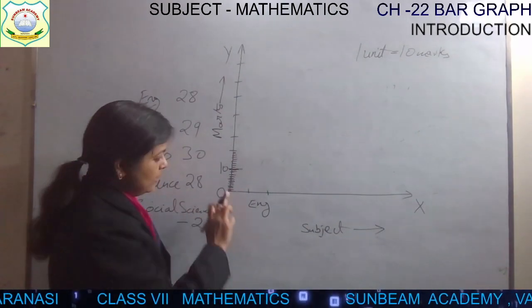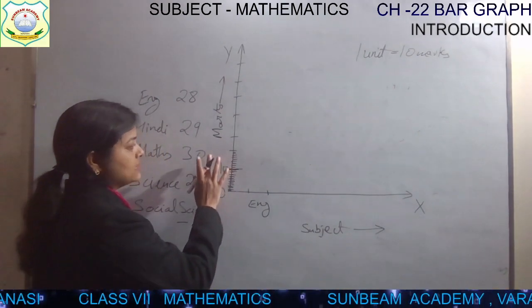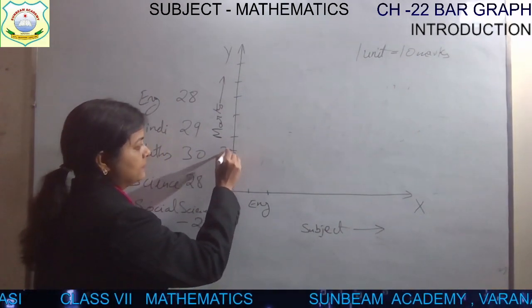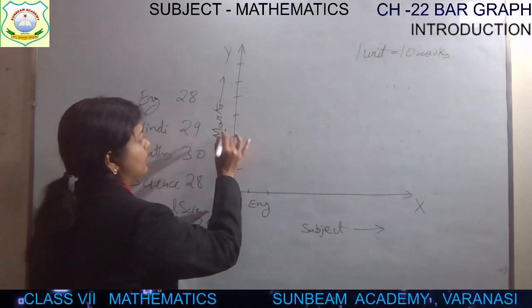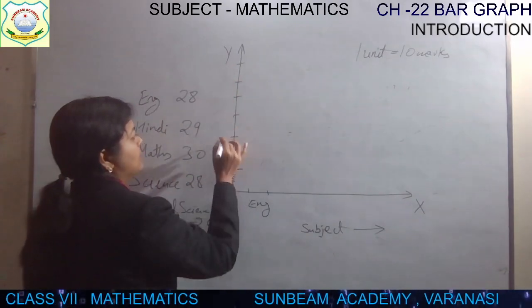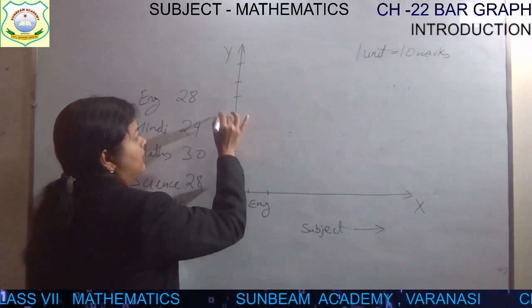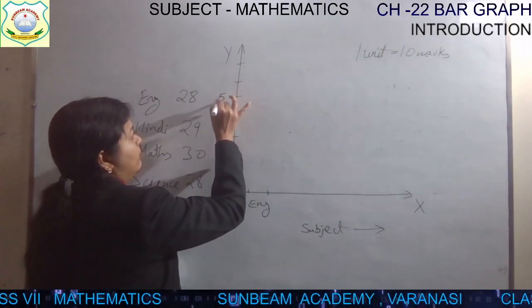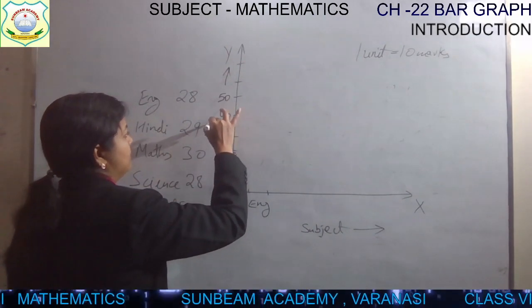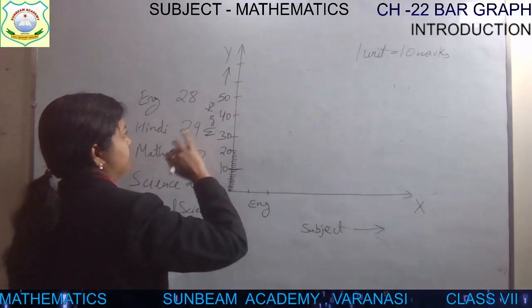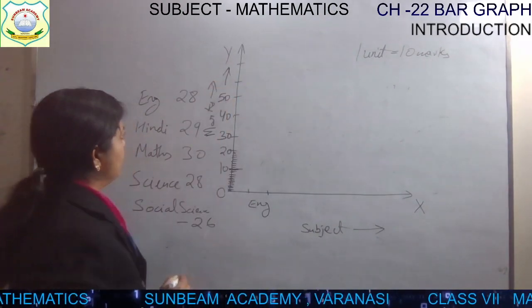It should be equal. If it is 0 to 10, it means a difference of 10, so it will be 20. It will be 20, and then it will be 30. I am erasing it. It will be 30. Then it will be 40. It will be 50 and so on. Okay, it will be like this. And here it will be marks. This is marks.